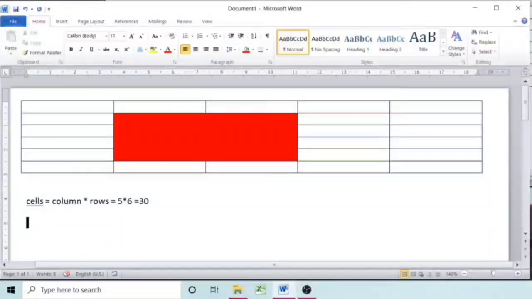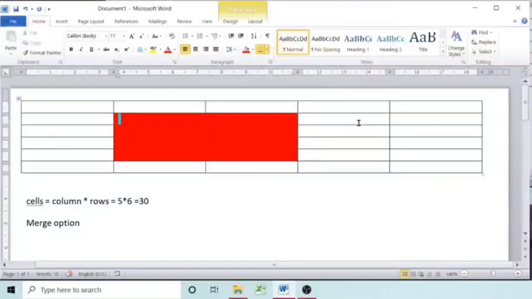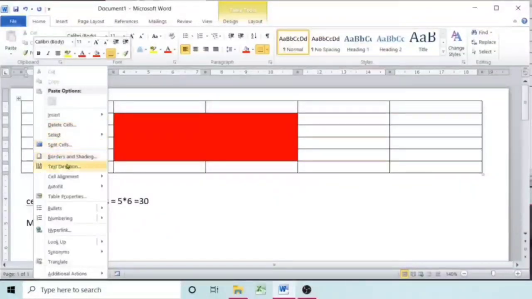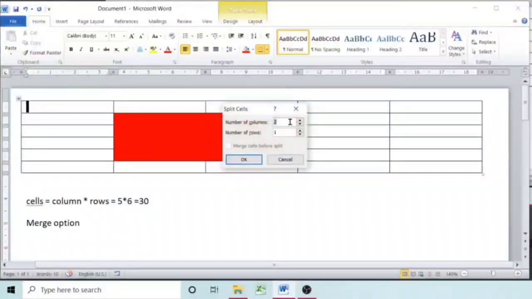Merging means combining 2 cells. So the cell number which is 30 is now minimized, right? It is decreased. So that's why here merge option is used. Whenever you combine many things into single, right? So number decreases because you are combining that. So here merge option is used.